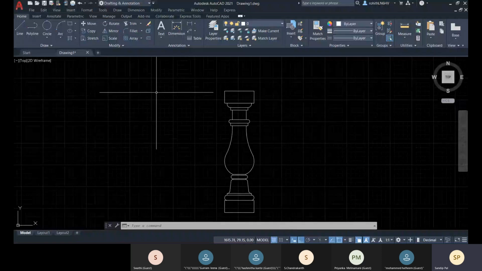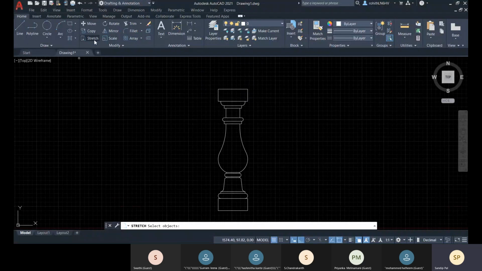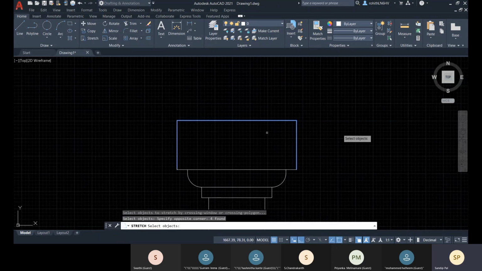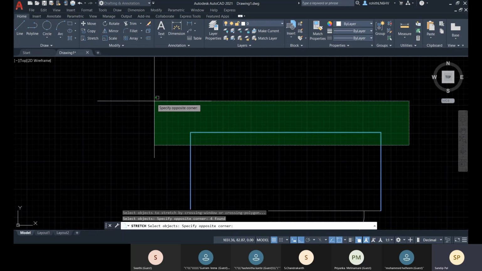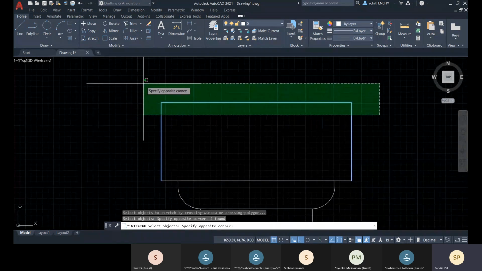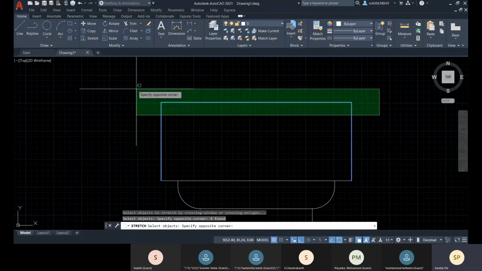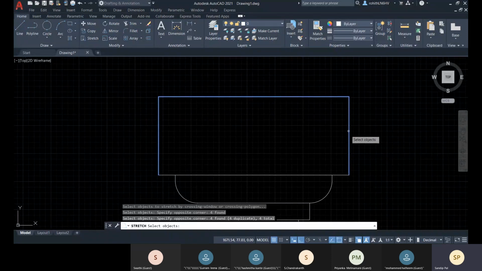Okay, and if you want to change anything over there, like you want to stretch this part, what you do is you select this object like this. Okay, so you see that I'm selecting this object like this. This horizontal line I'm covering within this window, but it's selecting these two vertical lines also.